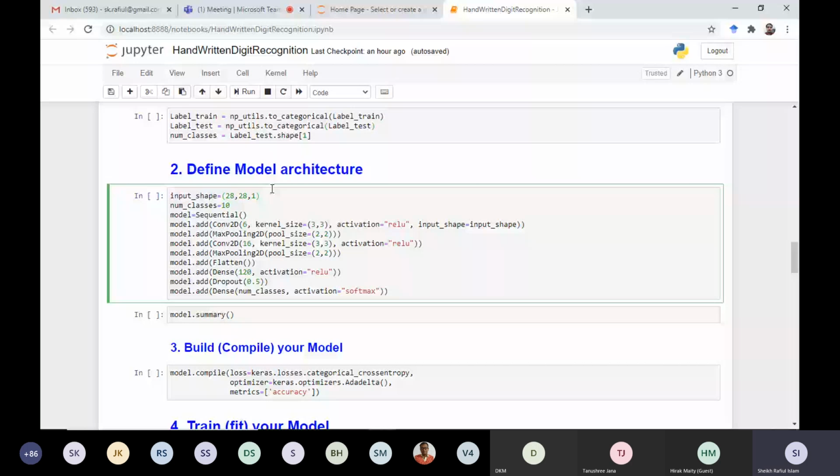And that is a variable that we have considered here to define the number of class labels, that is 10. After that, we have taken an object of the sequential class, and the variable is model. So you can say that model is a reference referring to an object of the sequential class. Already I mentioned why we use this sequential object here.